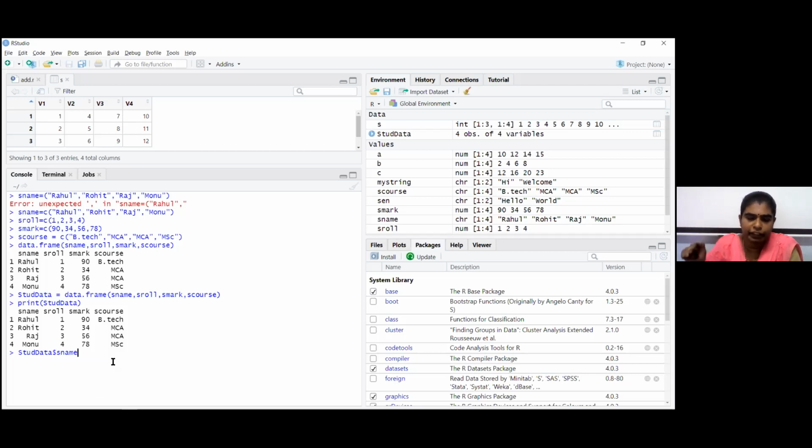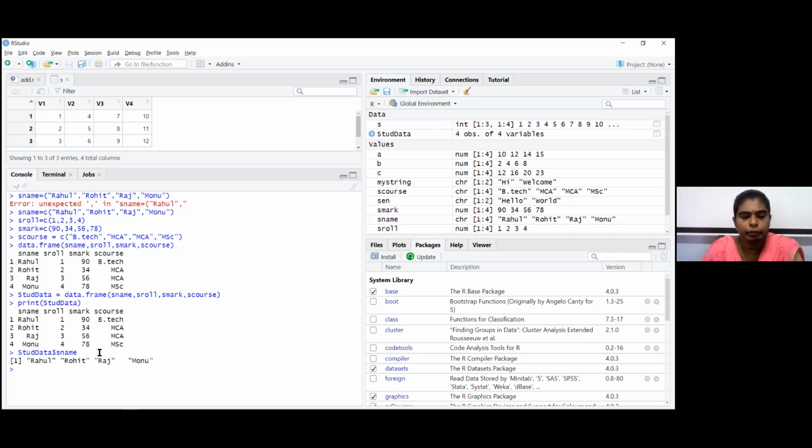Again another time hit enter. Yes, this is what we wanted. So now you can see that the values in the column name are being listed.